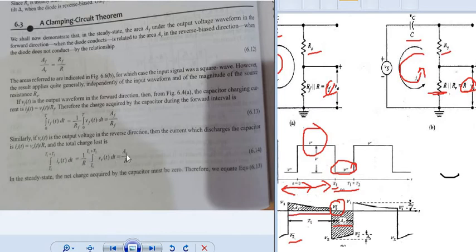as AR. So in steady state conditions, the net charge that has been charged in the capacitor must be 0. So to get that, it should be charged and again it should be discharged. So the net charge should be 0 in your particular capacitor. So to get that, we have to equate these equations. What are the equations? AF divided by RF is equal to AR divided by R.